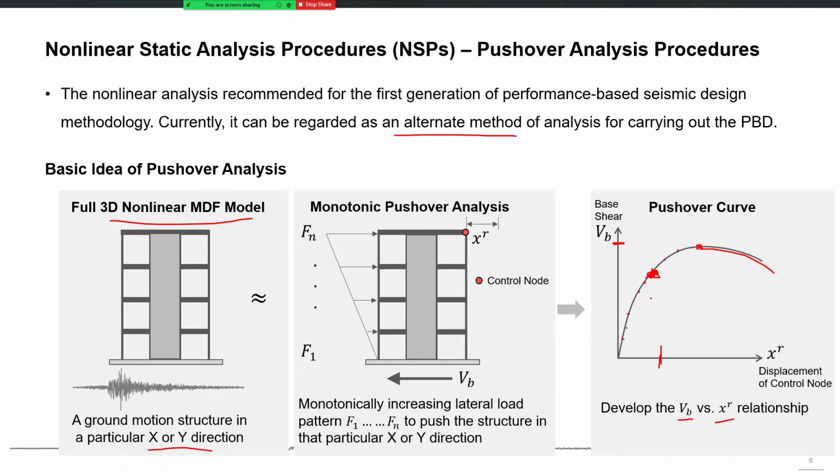So all that information, if there is any inherent weakness in your structure, that will be visible here in that pushover curve. For example, if the curve is going suddenly down, which means that it is having a brittle failure. For example, if there is a sudden jump in the pushover curve, a sudden horizontal displacement like this, which means that some critical element failed at this particular analysis step, and that may cause maybe a progressive collapse or sudden failure or local failure.